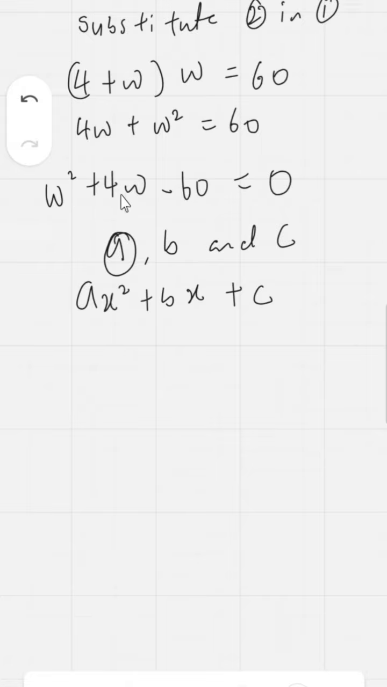What's a coefficient? Okay, so we have the quadratic equation formed. We now have W square plus 4W minus 60 equal to 0. Now a quadratic equation has 3 components: A, B, and C. So AX square plus BX plus C. What's a coefficient? A coefficient is the number in front of a variable. The variable here is